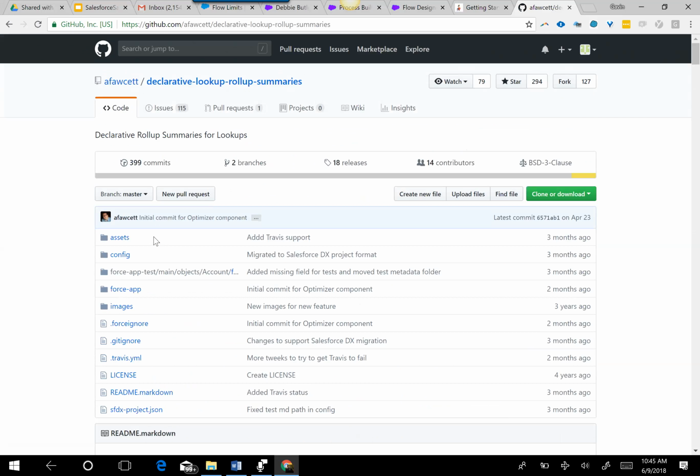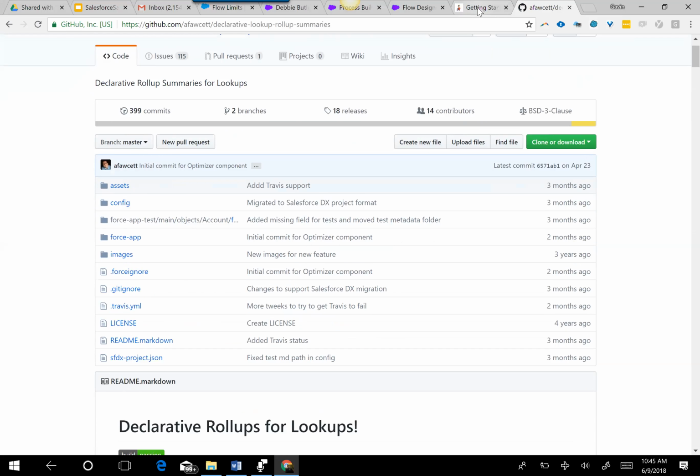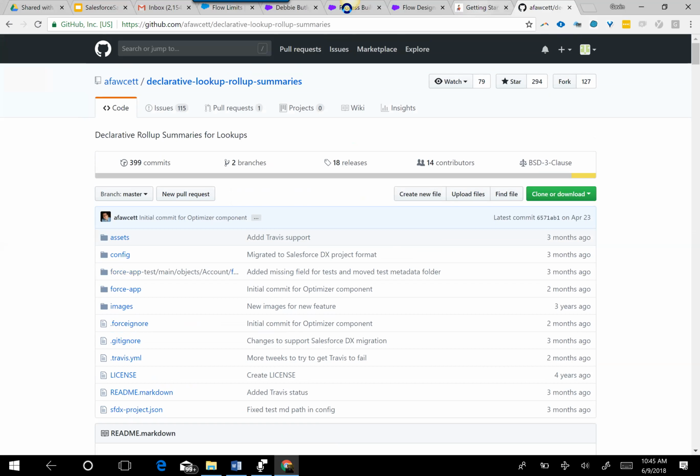So the rollups take a long time to populate, especially if you have a large org and a lot of DLRSs running in the background. So not recommended, but it is a tool for small needs. If you have 1 or 2 rollups, it's okay to use this. But if you have an org with a lot of requests to create rollups,